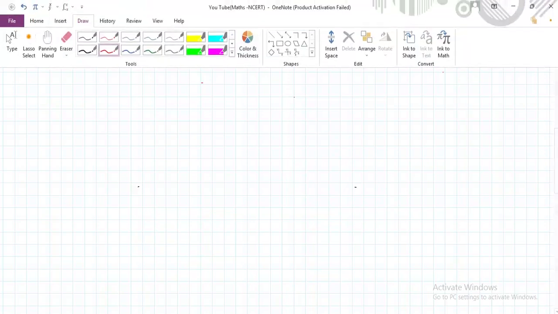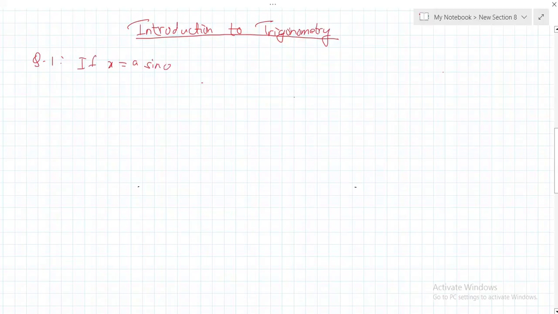So the first question goes like this. Question number 1. If x is equal to a sin theta and y is equal to b tan theta, then we are asked to prove that a square by x square minus b square by y square equal to 1. Okay, now let us see how can we solve this problem. So solution: